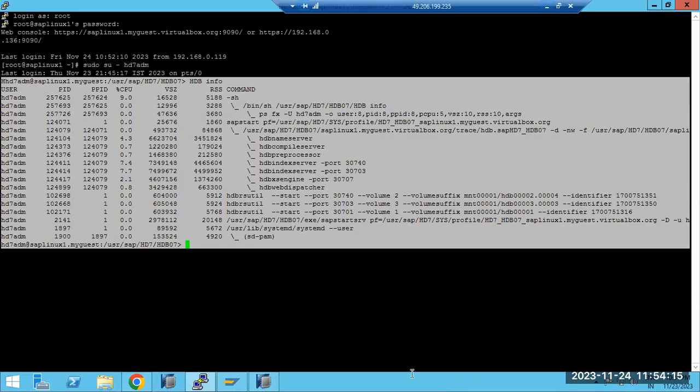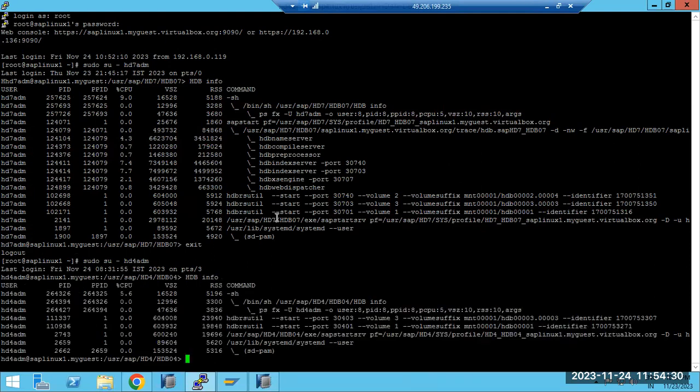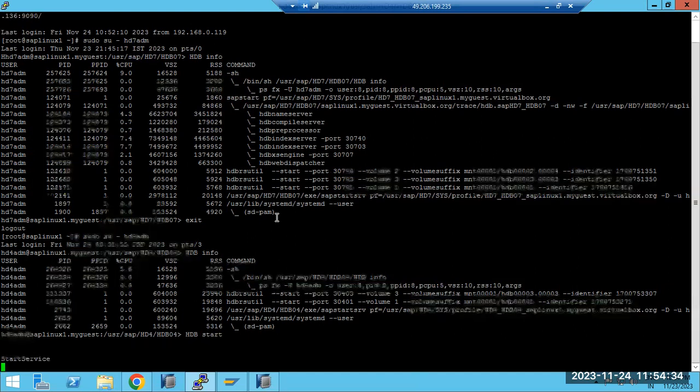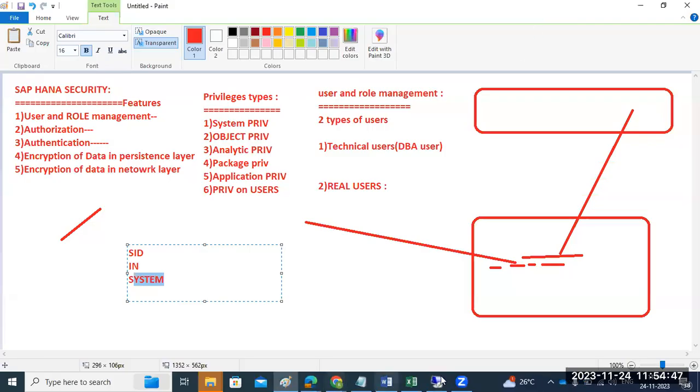Sir, I have created one more database, HD4, and 04 is the instance number. Is it available? Yeah, it's available. I'm using it daily. I can share the same details in the group. It's 04, same password, sir. It's not available, we can just start it, so it will work. Okay, so everybody will use the same HD4. 04 is the instance number, and system and passwords you can use. I will share it in the group so everybody will